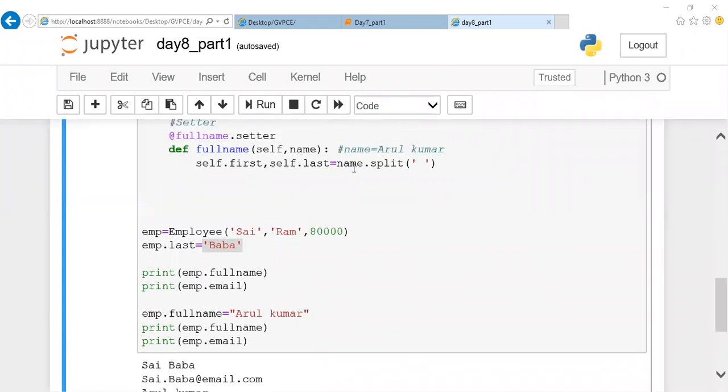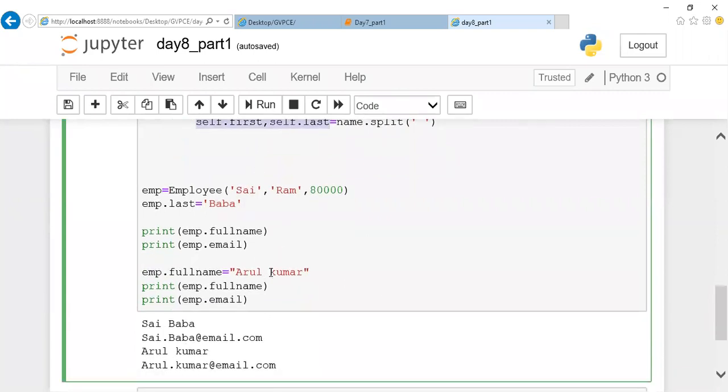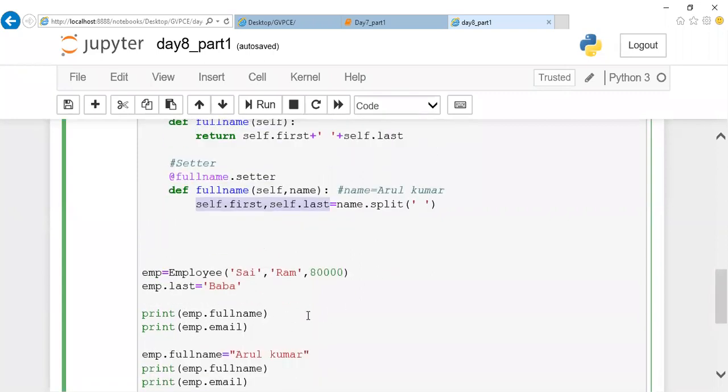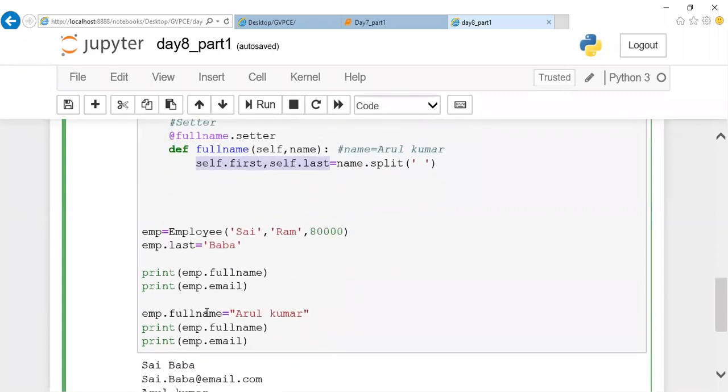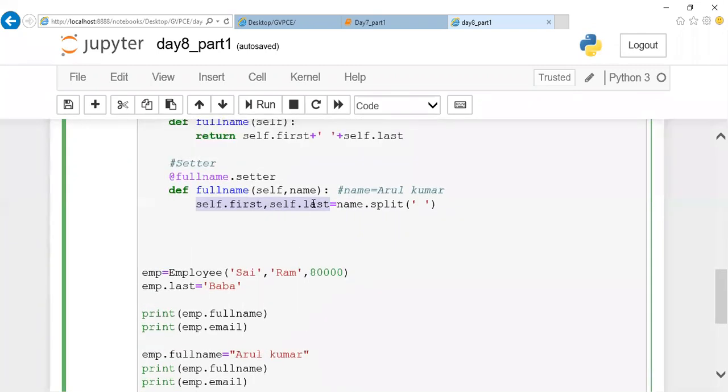So this first and last is not only for the current method, and not only for full name. You can notice that after this, whenever you call this first and last, they will be updated only with Arul and Kumar. You can notice that I'm calling this emp dot full name. When I assign emp dot full name, this operation happens.